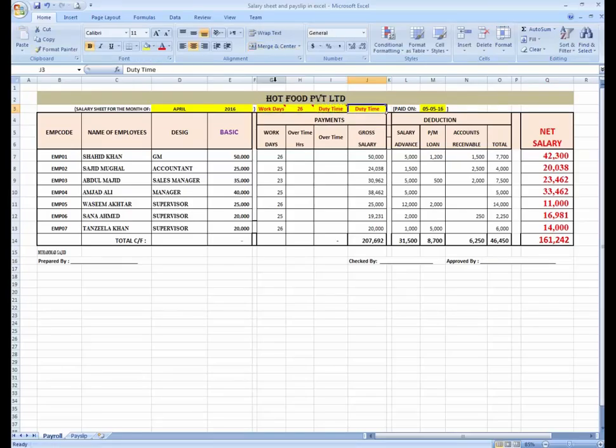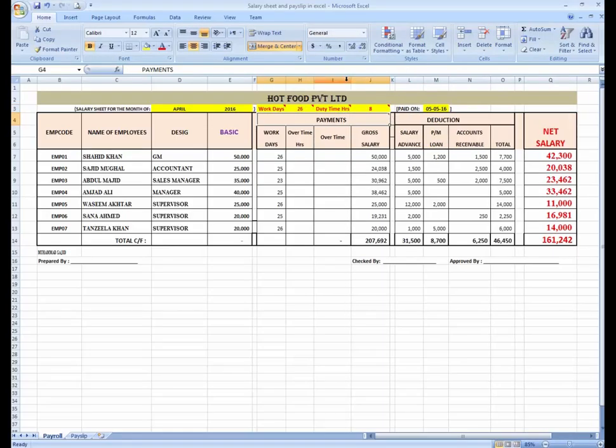Suppose duty time for each day is 8 hours. Duty time in hours is 8 hours. If the employee worked for 8 hours, it means he will get the normal salary.